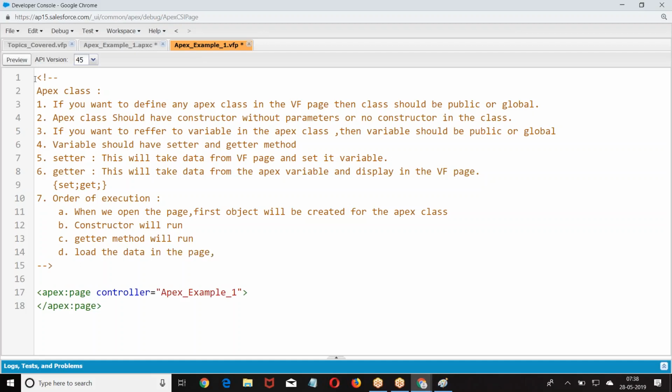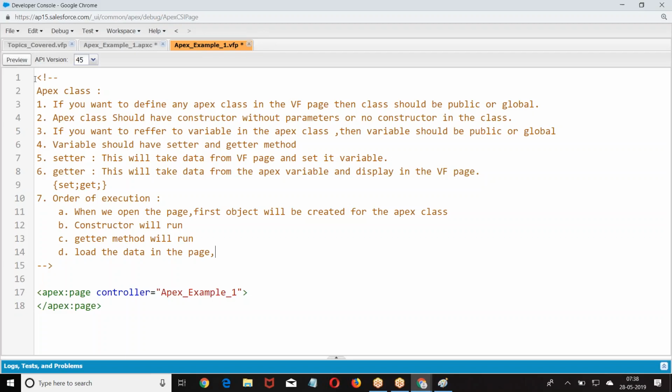So when you load a page, what is happening? First, the object will be created for the Apex class. Who will create the object? The system internally creates one object for the class. Then automatically the constructor will run.